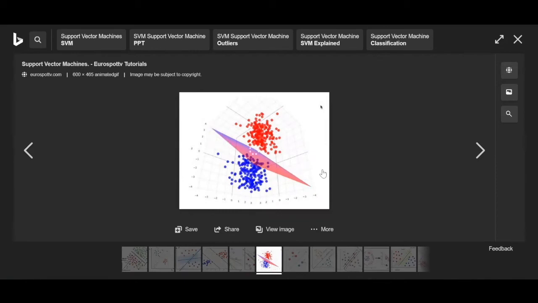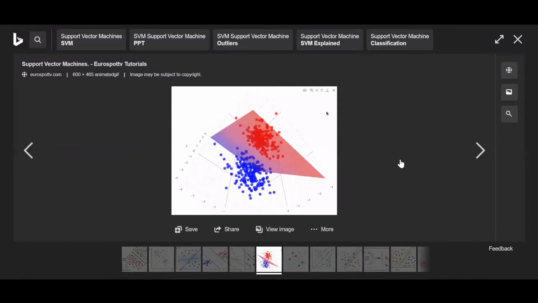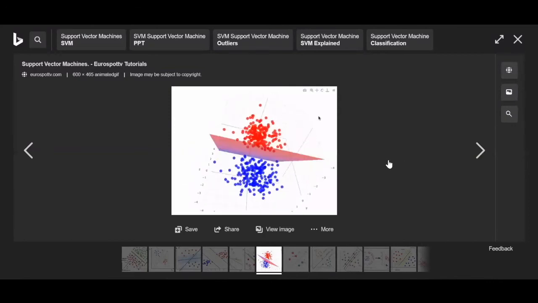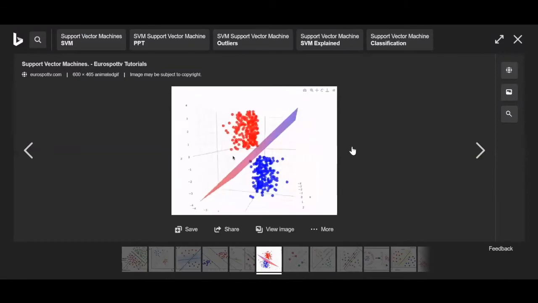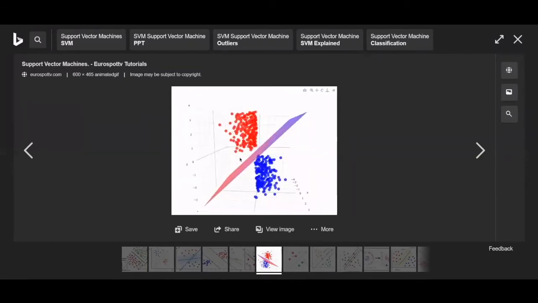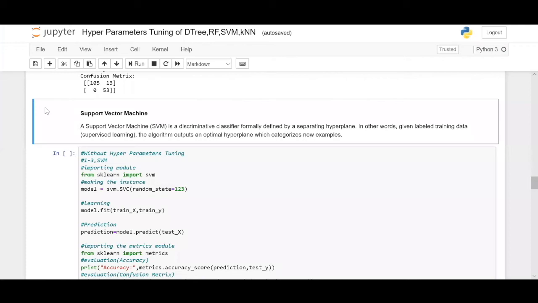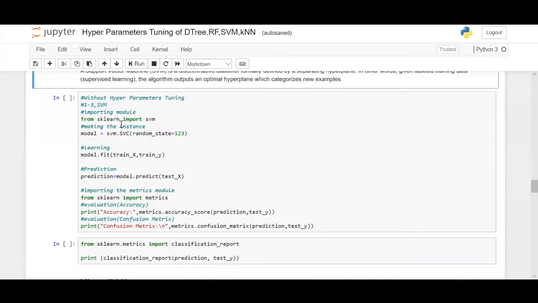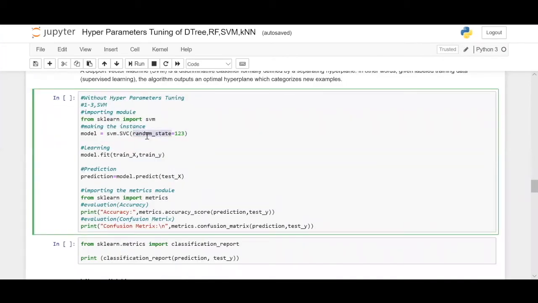So if it belongs to class blue, the point will be put here. If it belongs to class red, the point will be placed here. Cool. This is how an SVM works. So what is n? n is the number of features in your data. For example, if you have 31 features, it is going to be a 31 dimension vector subspace. So this is a support vector machine. Let us just kick off its implementation here. So we'll import SVM and get the support vector classifier out of it, fit it upon the training data.